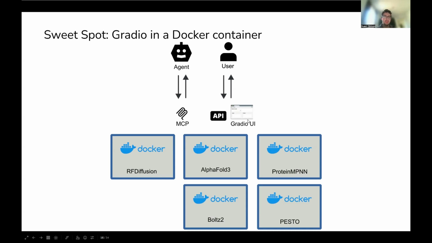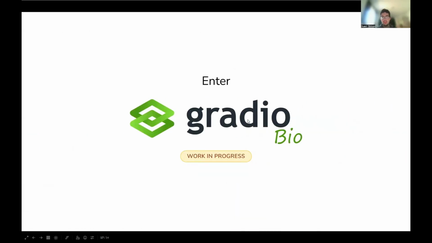In that way, it's very similar to how people interact with commercial AI applications from Google or OpenAI, because you do all the communication via HTTP. And so it's very portable, because you can run multiple containers, not necessarily on the same machine, but also on different machines. So this is what I want to do with this GradioBio framework. It's still work in progress, so it's not completely finished, but I can give you an overview of what I've been implementing so far in the next 15 minutes that we still have.